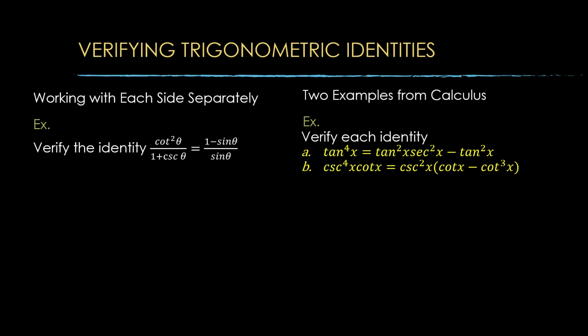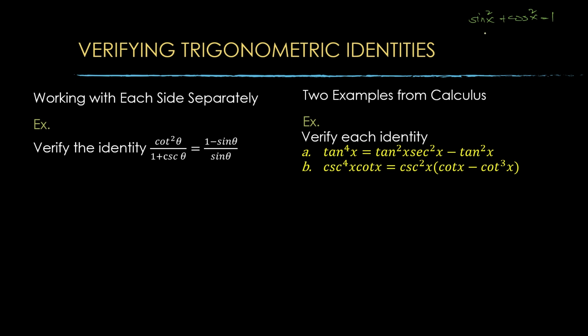Like for this given example, in this type of problem we need to manipulate both sides of the equation in order to prove that they are indeed equal. Again, we're given cotangent. From our Pythagorean identity, we have the sine of x squared plus the cosine of x squared equal to 1. If we divide both sides by sine of x squared,